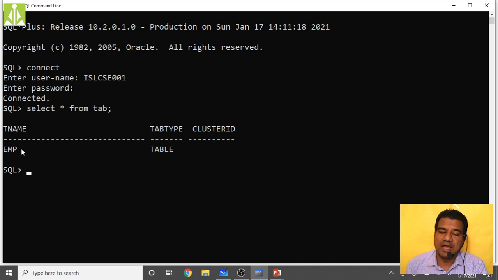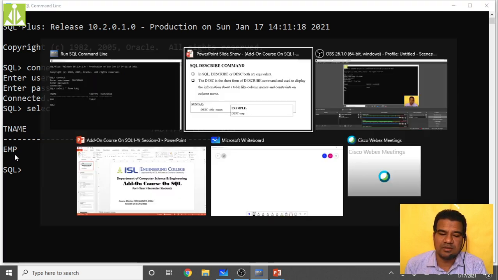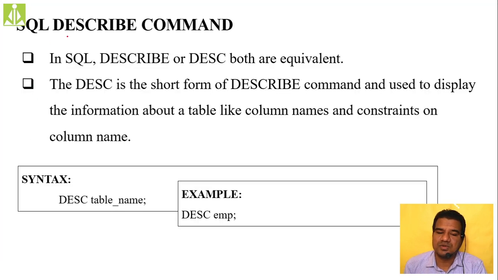So what I have to do is describe this table, to know the internal content, or the data structure of this particular table. I mean what columns I have, what fields I have, and how much length each field has. To know all those things, I have to describe this table. For that purpose we use the describe command in SQL.